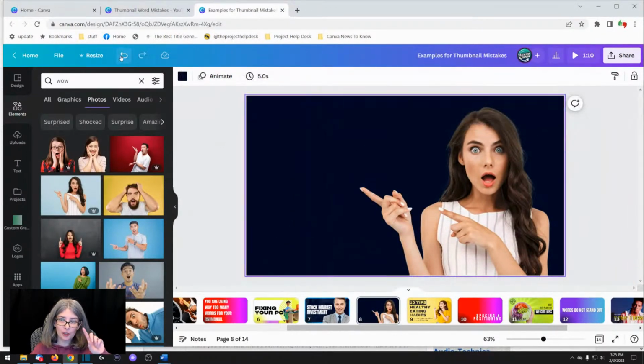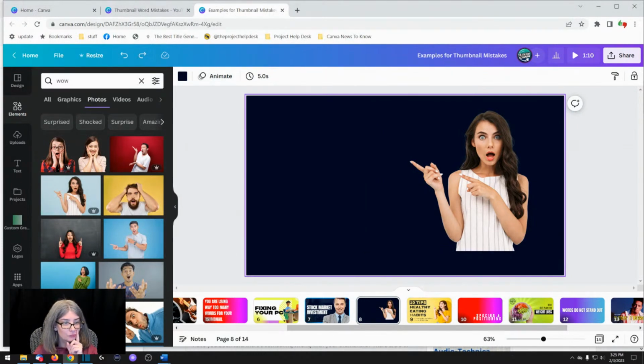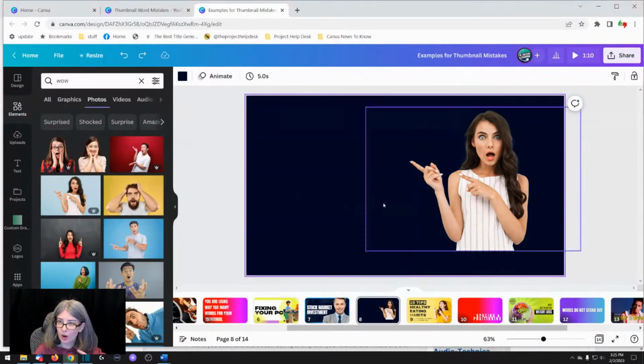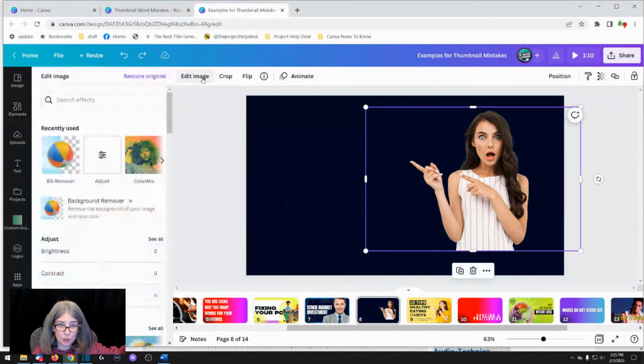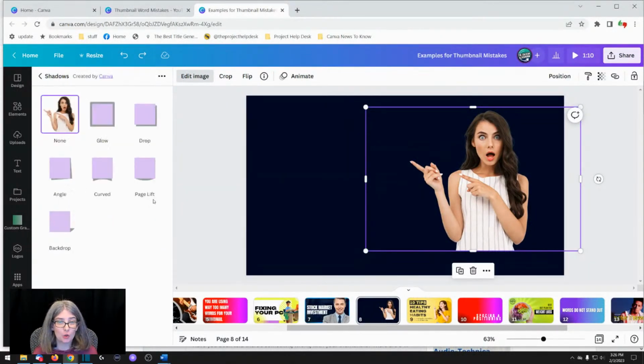But let me show you. If I do that, then she will take over the background. So I'm going to leave her small at first. And watch this. Edit image. Here in search effects, what you're going to do is type in shadow. So this is a shadow effect. And depending on the type of outline you want to do, you will use a variety of different things. I don't use the same shadow effect every time. However,